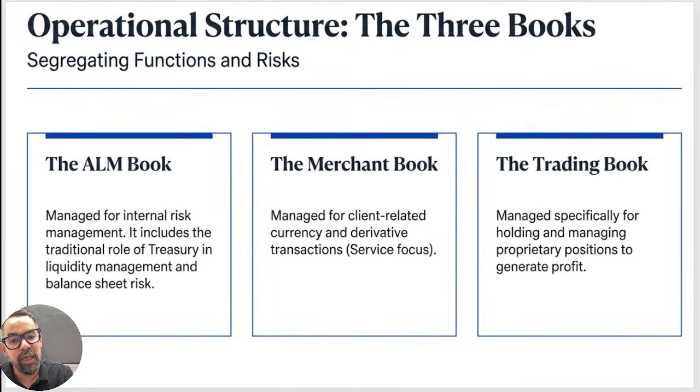and all, right? The next one, the overall activities of the treasury department can be categorized among three different books. ALM book, we have merchant book, where we are providing fee-based services to externals or HNIs or the companies. And the third one is trading book, where we are buying and selling these particular securities itself, right? So that's something which generally comes under this one.